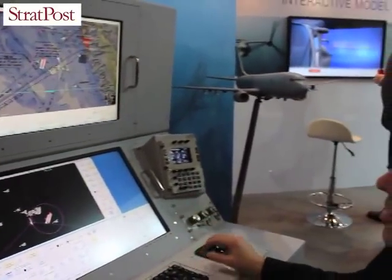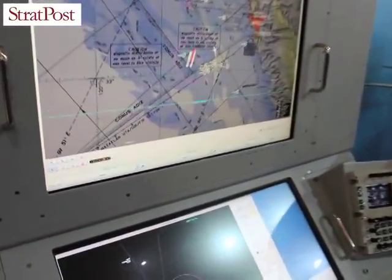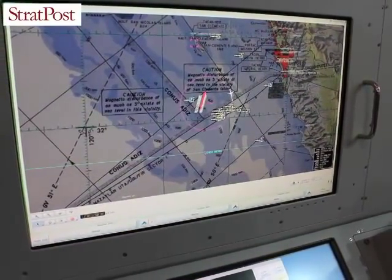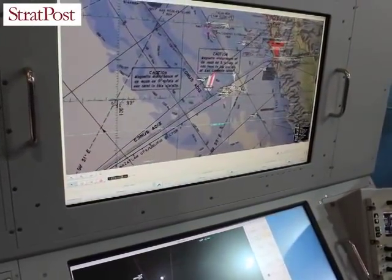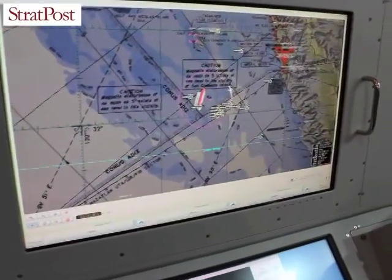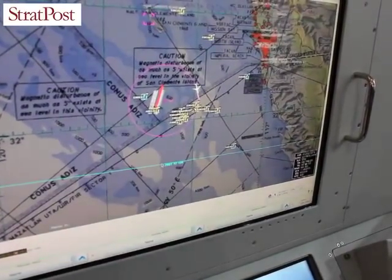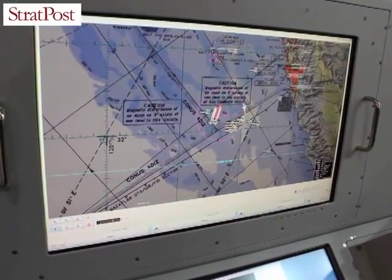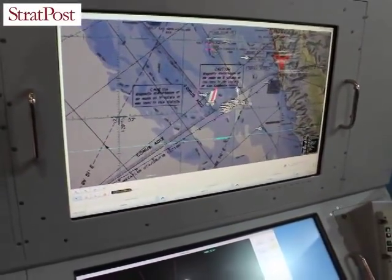In this particular case, on the top screen I have a consolidated map of all the sensors shown on one display. In that display you have representative ship contacts, air contacts, submarine contacts, land-based contacts. You can see the aircraft represented flying around in an orbit, a pre-designed holding pattern. It allows the operators to quickly look at a sensor-given picture of all the information